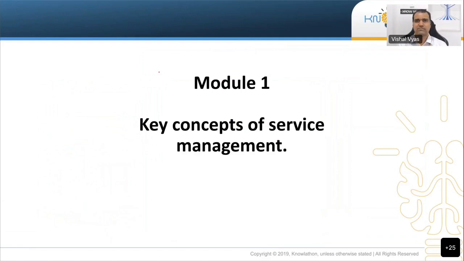Okay, so let us understand some fundamental concepts in service management. These are not specific concepts in ITIL. These concepts have been around even before the time of ITIL, like service. Service is not an ITIL term, service is a generic term, and then ITIL defines service management in a certain way. But remember, these are generic concepts which are useful in any management activity that you do. It is not specifically related to ITIL. These are generic service management concepts.